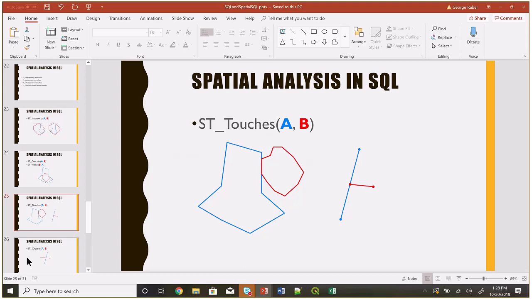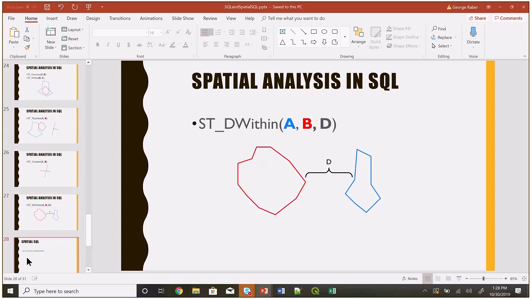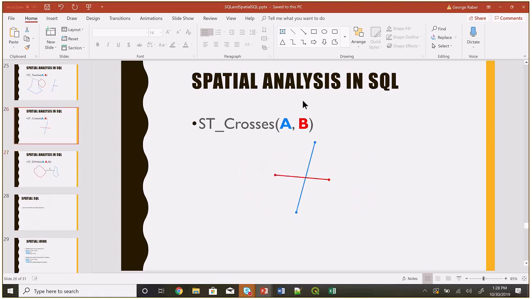Touches is similar to intersects, but touches doesn't need to have any area overlapping. So those two are examples of touches. There's a bunch of them. Crosses, distance within. I believe SQLite uses a different function here, but